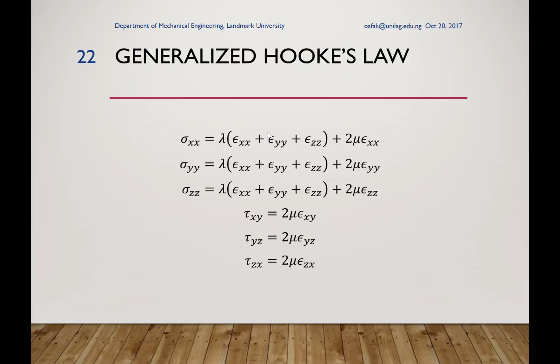The generalized Hooke's law in Cartesian coordinates is looking like this now because we are using the Lamé coefficients. If we decide to use another pair of constants such as the modulus of elasticity and the Poisson ratio, it will look slightly different from this, but it will still be equivalent to this because of the relationship between all the elastic moduli for linear situations. The elastic moduli are related. Therefore, no matter how you express these equations, they will be the same. It just turns out that this way of expressing them is the easiest for the tensor analysis.